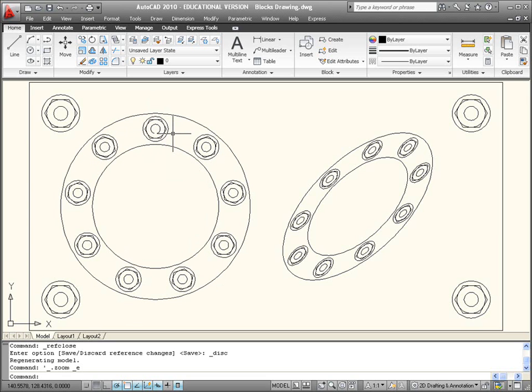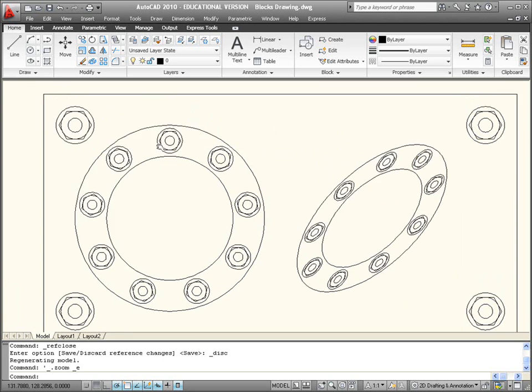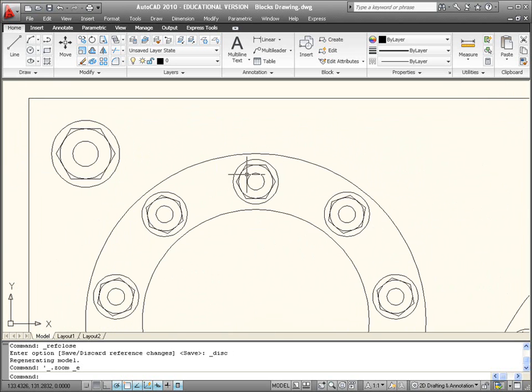No, hopefully we'll show you now the in-place reference editing and a few other methods. There's a few methods of modifying your block and updating your block, and also hopefully it'll affect each and every block in this, even the nested block within this flange. So remember, nut was nested within the flange block, so it's a block within a block. So hopefully that one will be updated as well. So if I zoom into that area there,